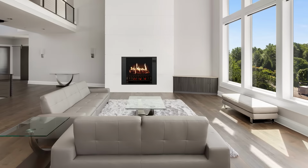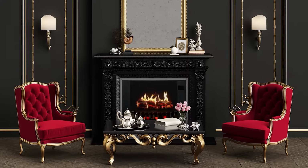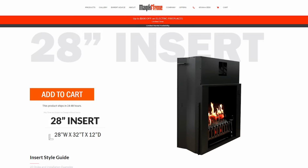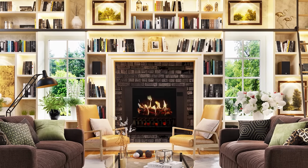The MagikFlame insert is available in one size and can be considered a traditional style. That means that it's slightly more wide than a rectangle and will fit most common fireplace openings. The MagikFlame insert is 28 inches wide by 32 inches tall and 12 inches deep. The top 10 inches of the MagikFlame is meant to be framed or trimmed over, and not visible to the